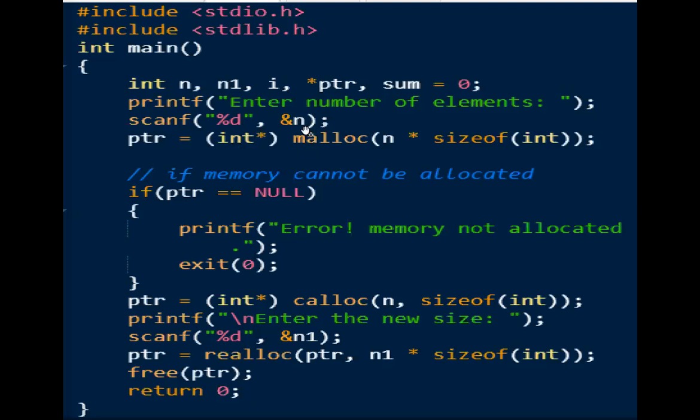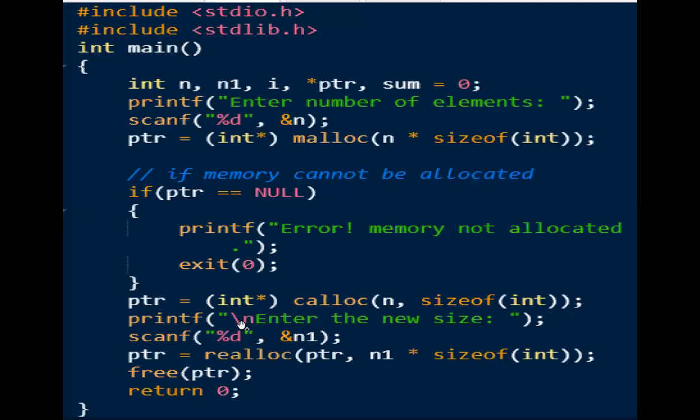For example, if I give n value as 10, 10 into 2, if int is 2 bytes, 20 bytes of memory will be allocated. If you don't have 20 bytes of memory, you will get null. If it is null, I can say that memory is not allocated, and I will stop the program. If there is no memory, I cannot execute further. If there is memory, I can use it.